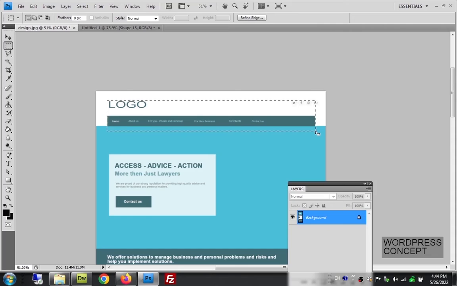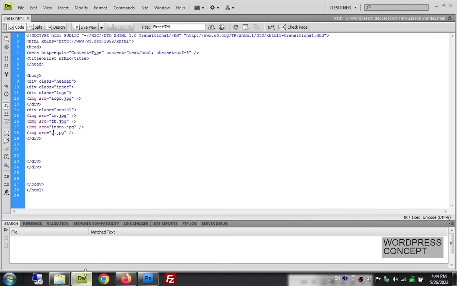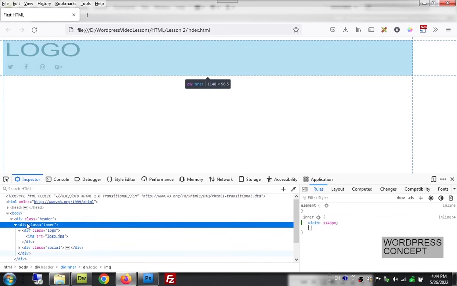And if something is going out, that means this is not our fault, but the designer has not actually made or calculated these things properly. Copy and new. You'll see Control C for copy and Control N for new, and the width is 1148. So the width of the inside div is 1148. We are here, width 1148 px. Okay. Now if we hover over here, we can see 1148 has been given, but it is not